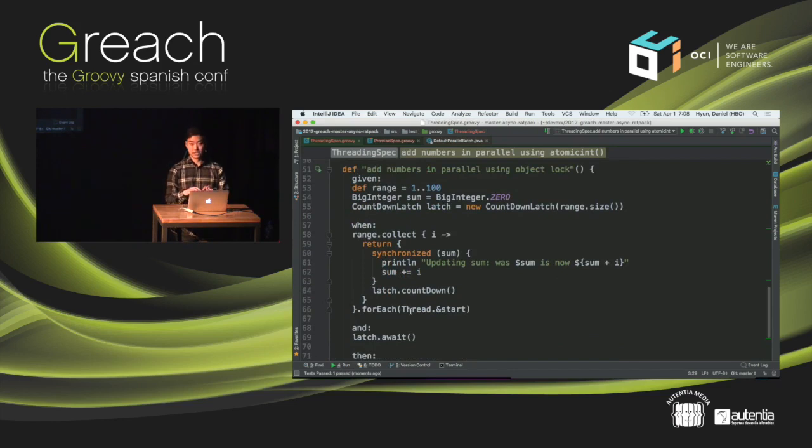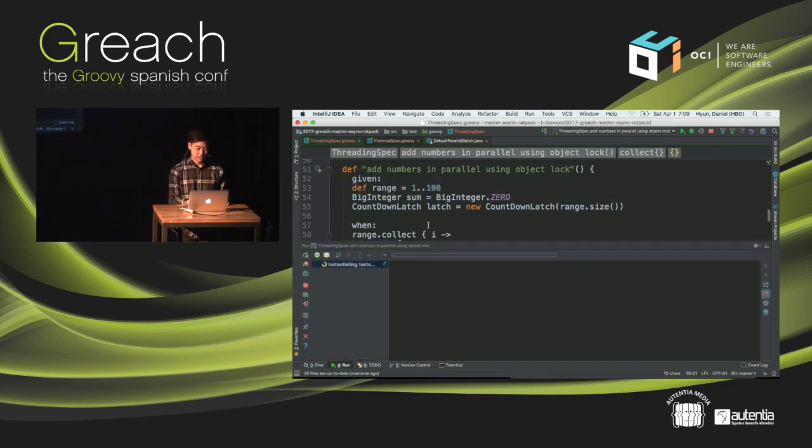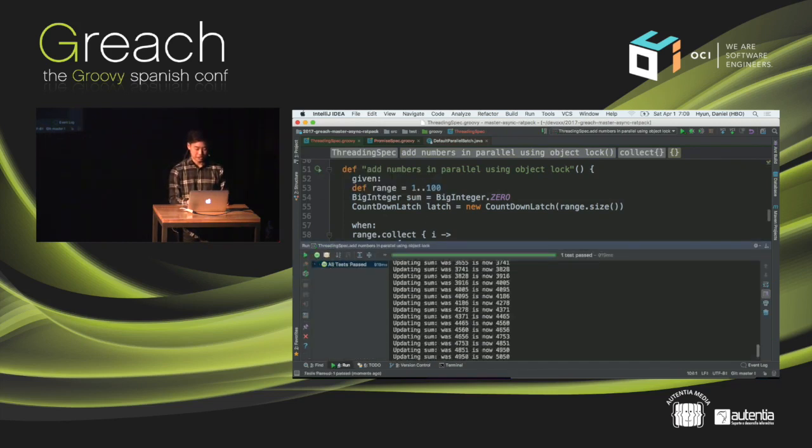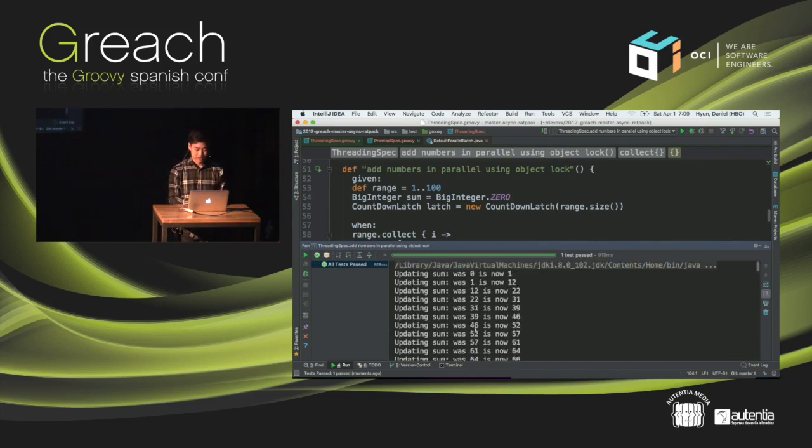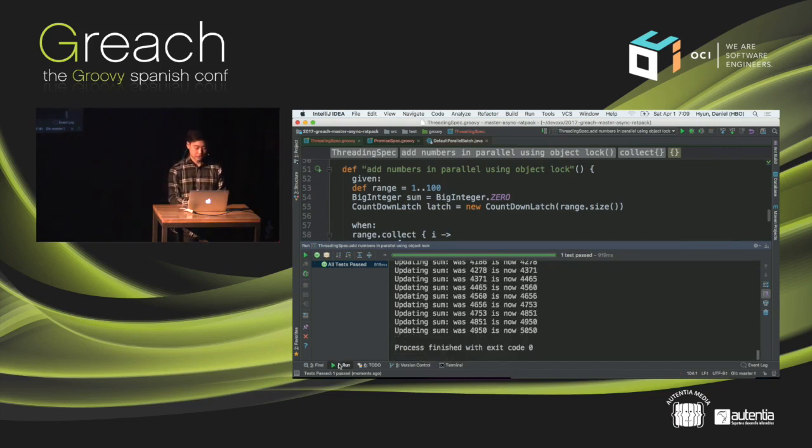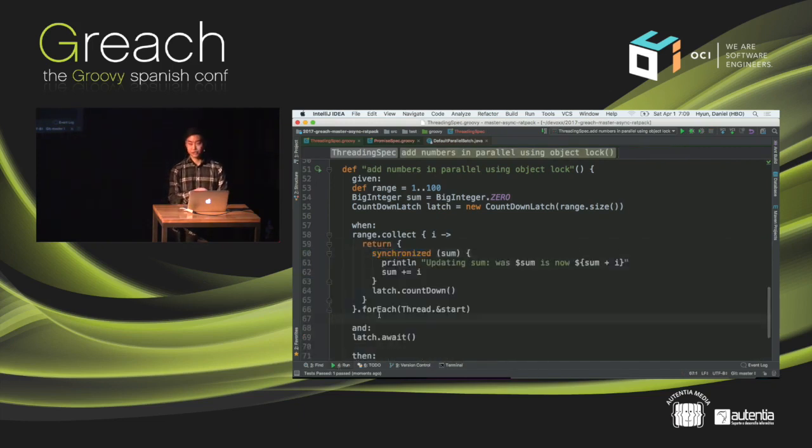And if you really want to lock everything down, you just make sure that you have some kind of lock object, such as the sum that we're working with, and you make sure that you have synchronized access to it so that you get a nice readable log entry. This is much nicer. You go from 0 to 1, now we're 1 to 12, now 12 to 22, and so on and so forth. So it takes a bit of thought, and this is just for summing numbers in parallel. You can imagine and appreciate how much more difficult this becomes when you have real business logic to execute in parallel.